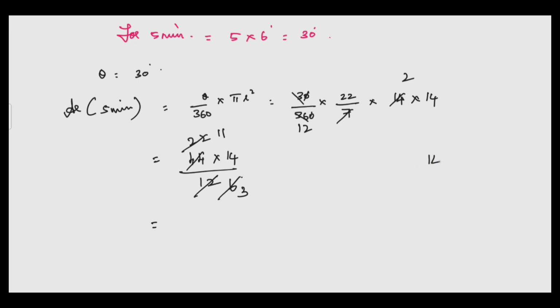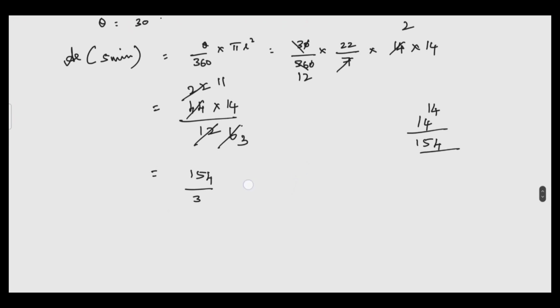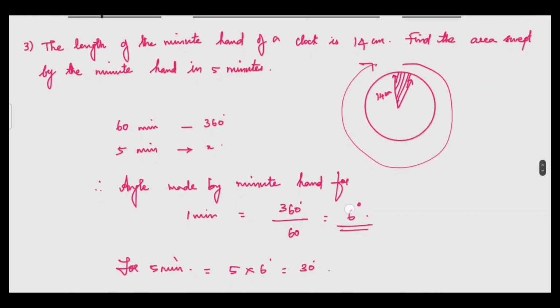14 into 11 is 154. We get 154 divided by 3. Further simplifying, 3 5s are 15, 3 1s are 3. We'll get a decimal point continued by 0, 3 3s are 9 and we'll get recurring 3s. So we'll get the answer as